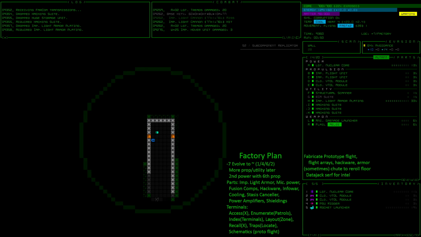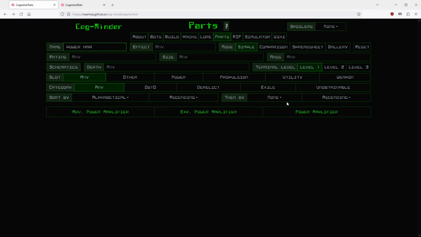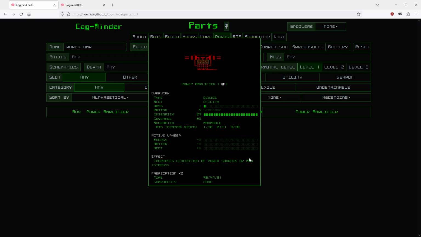Stasis canceller, that's a really cool part to find if we can get one. I'd probably drop this rocket launcher for a variety of these parts that I'm mentioning right now. Power amplifier. So the base power amplifier, it's only 20%, but it's only 1 mass. So the cost of this is practically nothing except for a utility slot. But if you get two more power for free, sometimes that allows you to delay adding the 2nd power slot,